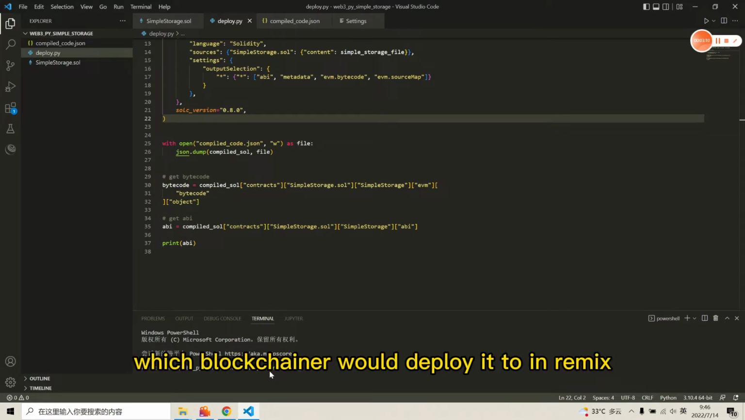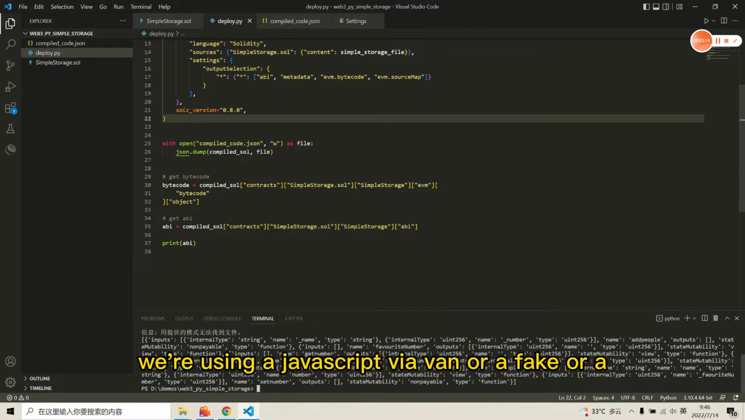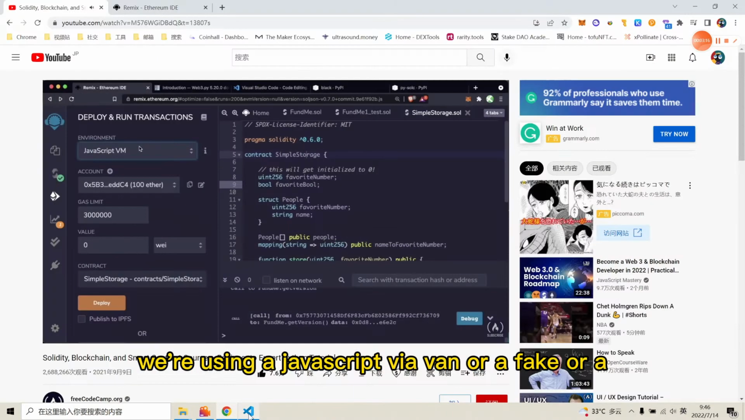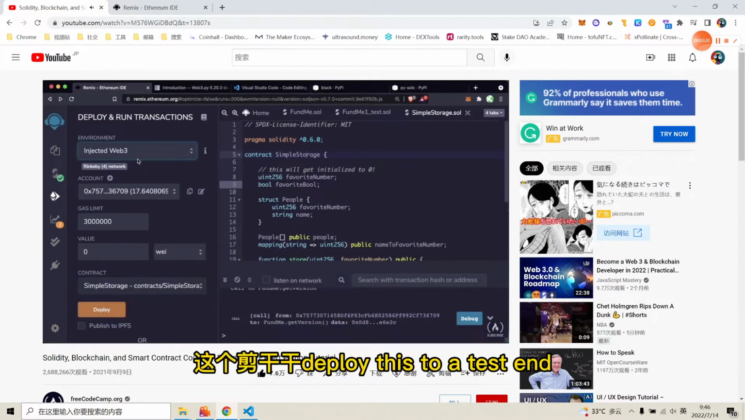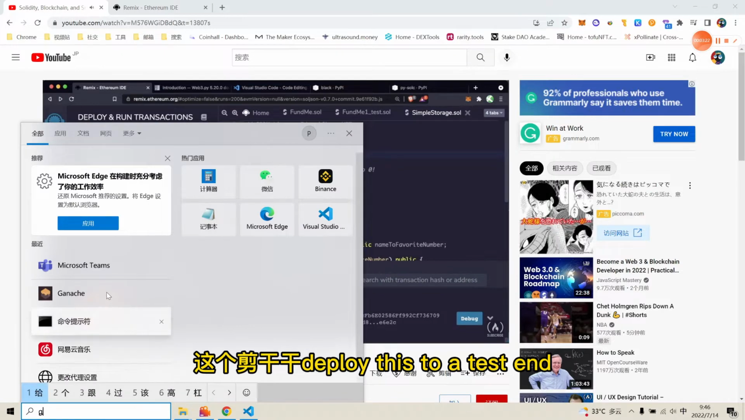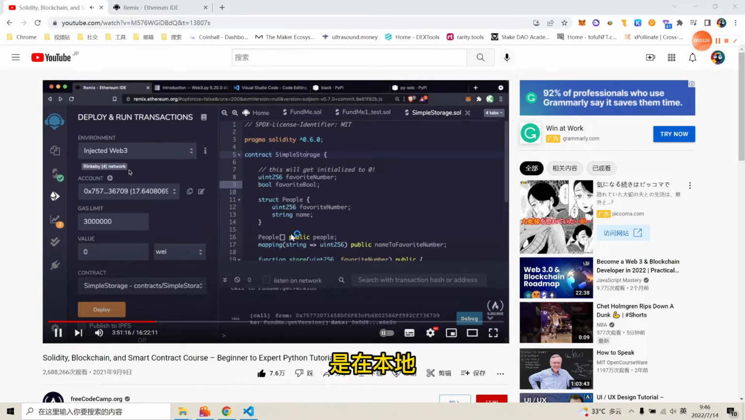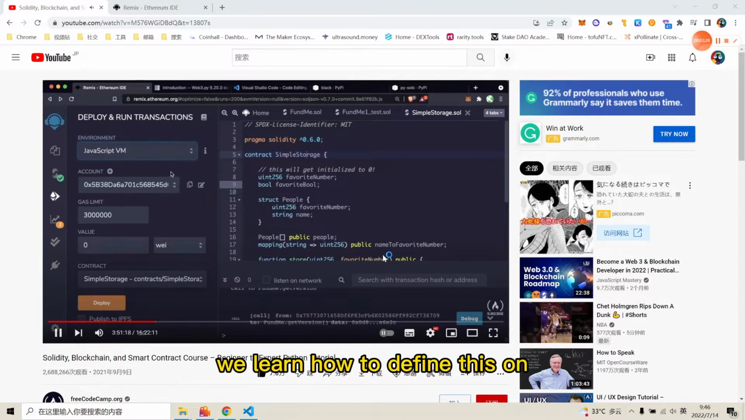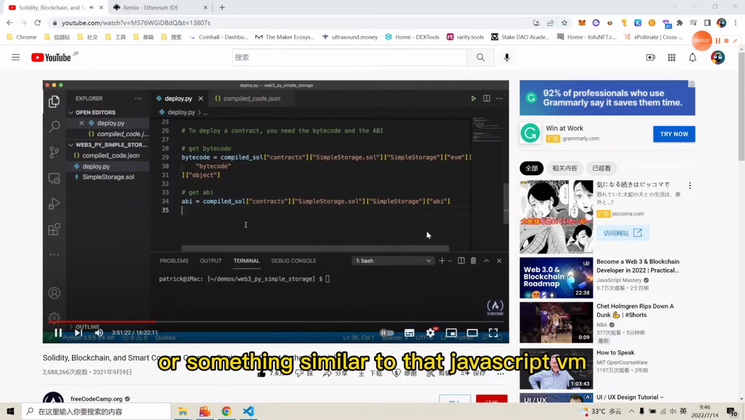In Remix, when we were first playing around, we were using a JavaScript VM or a fake or simulated environment. We could actually deploy this to a testnet, because that's going to be the same way that we're going to deploy it to mainnet. But before we do that, we should learn how to deploy this on a simulated environment or something similar to that JavaScript VM, so it's much faster and easier to test things. 这样你就可以在本地做一个区块链网络，在本地上测试了。